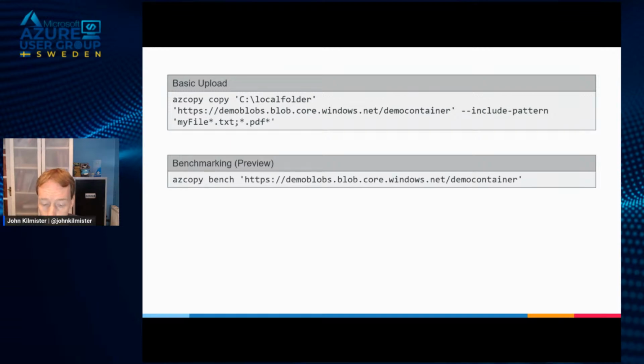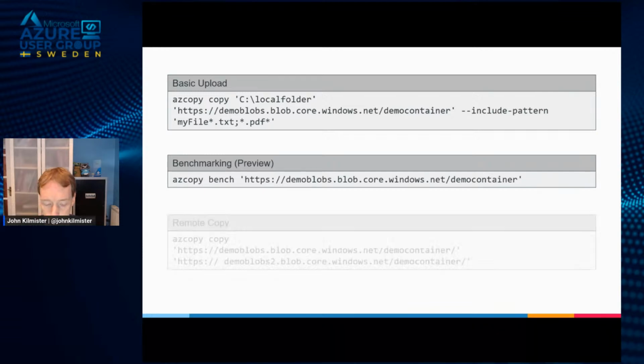So if you know you've got many gigs worth of files to upload, but you want to estimate how long it's going to take, you can use the bench tool. There are parameters for things like the block size, the file size, and how many files to upload. So if you want to do some benchmarking on your current connection from maybe different machines, different locations, then this is a good option.